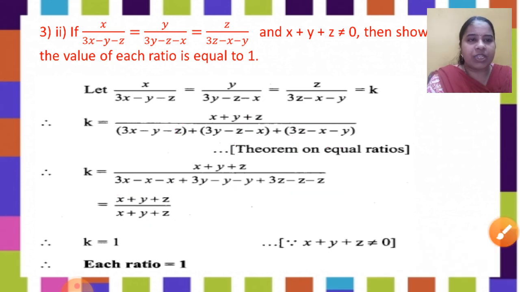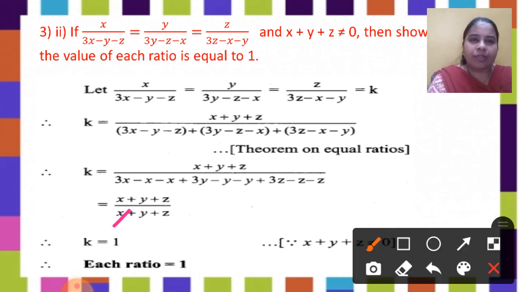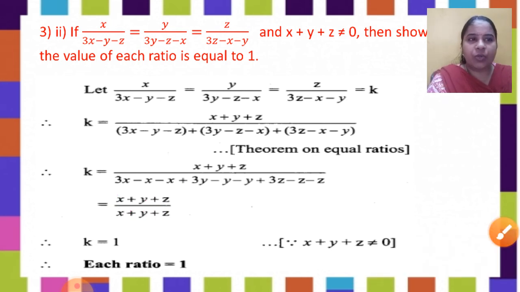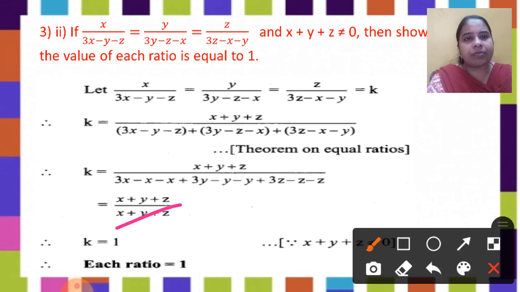So what is left now? X plus y plus z upon x plus y plus z. It is an absolutely wrong method if you try cancelling it out like this individually. It can't be done. It is an expression, so you need to cancel it throughout like this, ones up.